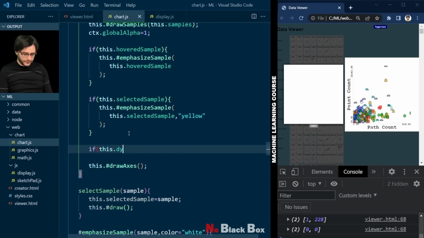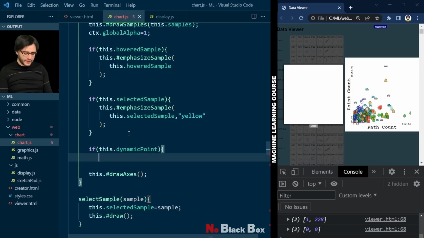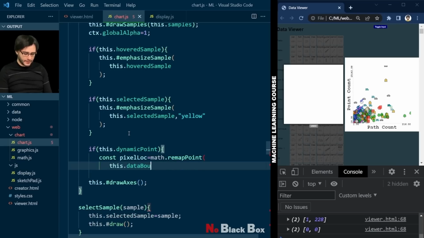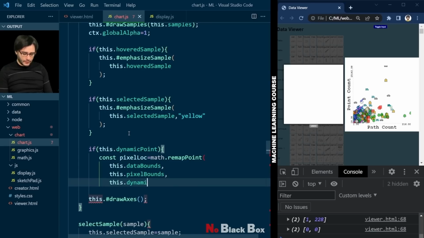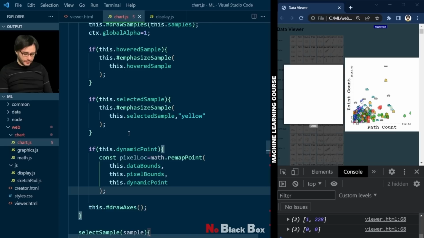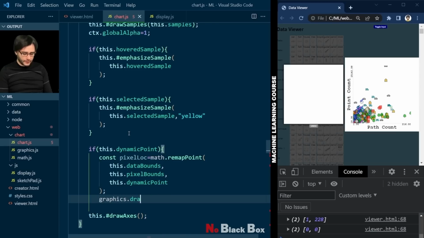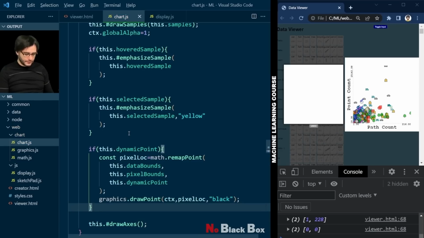And if we have one of these dynamic points, we'll first have to get the pixel location of this data point. So we remap from the data bounds, that's how the features are represented, to the pixel bounds. And here we can draw this point using our drawPoint function from the graphics file. It's gonna be black for now. Let's save this, refresh,